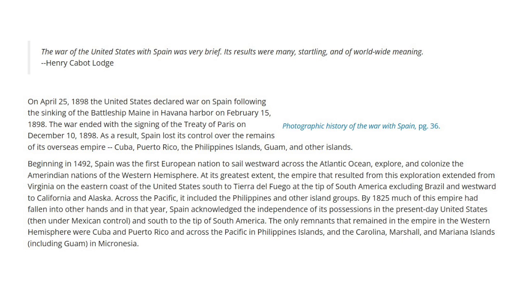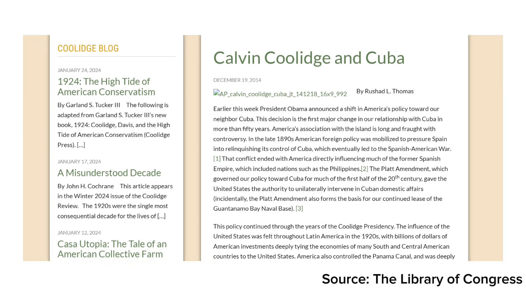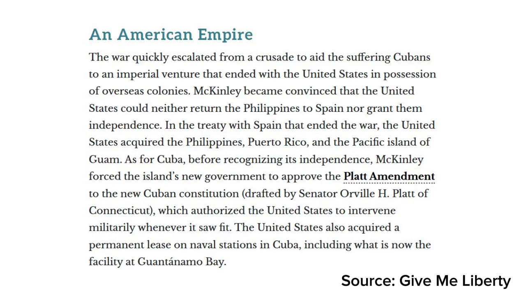After 1898, the US denied Puerto Ricans the right of self determination, which created long term dependency, as documented by the Library of Congress. Cuba, which was promised independence, was forced to accept the Platt Amendment, which allowed American intervention in Cuba without their permission. These were some of the negative effects on those nations which the US expanded into or seized territory from.